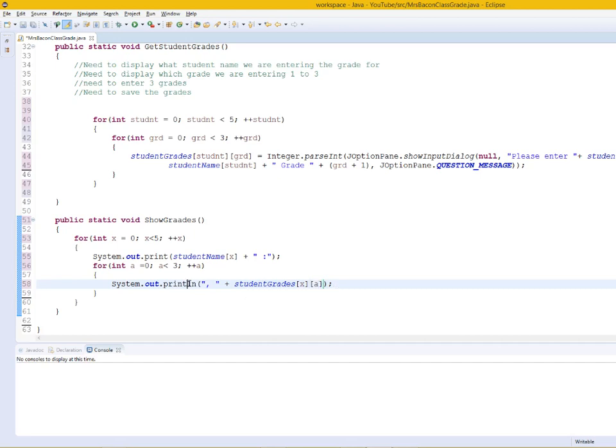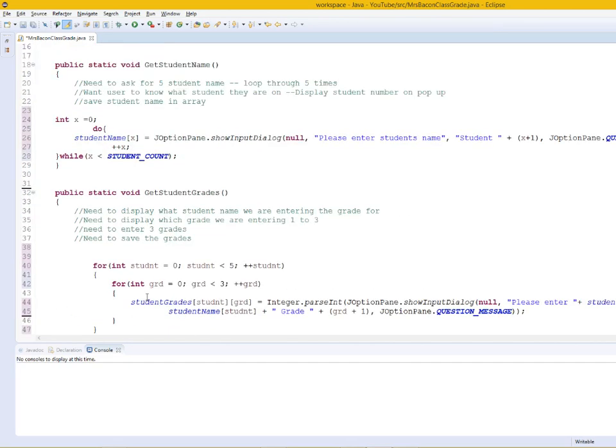You know what, I want to take this println out. I want to just use print, so I want all these things to display on the same line. And to get the next student record on a different line, what I'm going to do is add a space right here. So I do SYS out, control spacebar. I'm not going to put anything in here, so this will give me my new line. And now the last thing we need to do